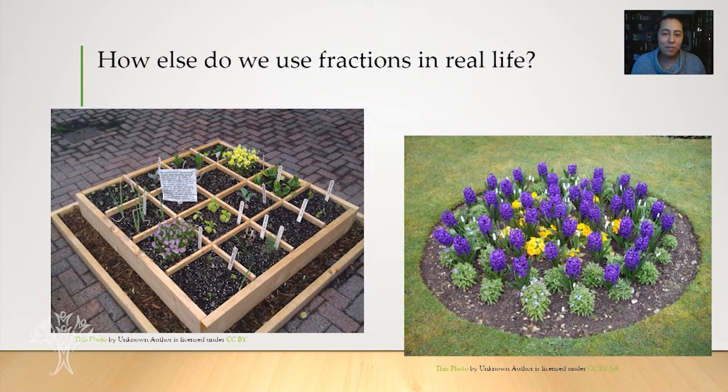Today we're going to think about how else we can use fractions in real life. If you look at the pictures on the screen, you'll see 2 examples of garden beds. Now, I don't know about where you live, but in the neighborhood where I live, flowers are starting to sprout everywhere, and people are starting to plant plants. And that means that they have to plan out their garden beds so that all the plants have enough room to grow and get the nutrients that they need. Let's take a look at some garden beds and see how you might split them up using fractions.